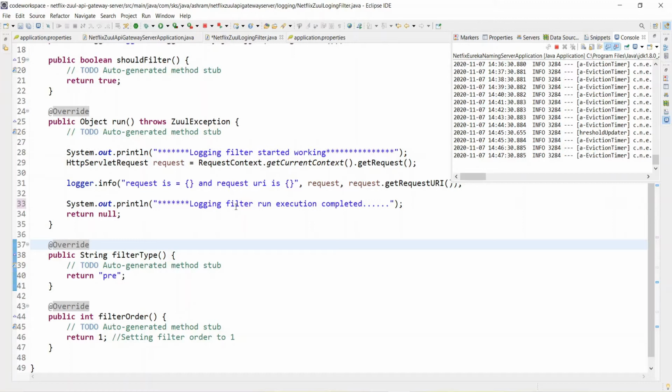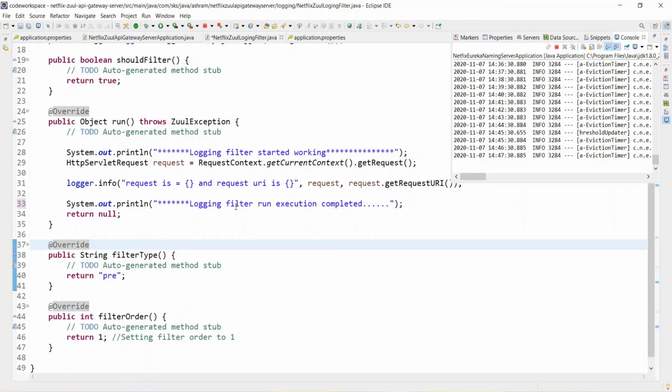Now in this step we'll see how you can configure the Zuul API gateway server between the two microservices, the currency conversion service and the currency exchange service, so that every request going from the currency conversion to the exchange service goes through the Zuul API gateway server.